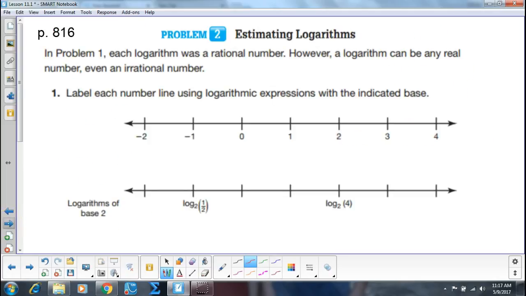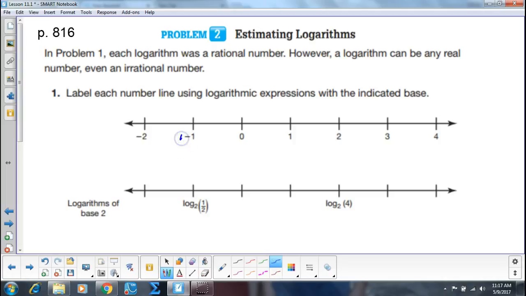So today we are going to go through and estimate the value of logarithms. What you're going to do here in a couple of seconds is, I'm going to do logarithms base 2. You're going to do logarithms base 3, base 4, and base 5. What this is saying is that